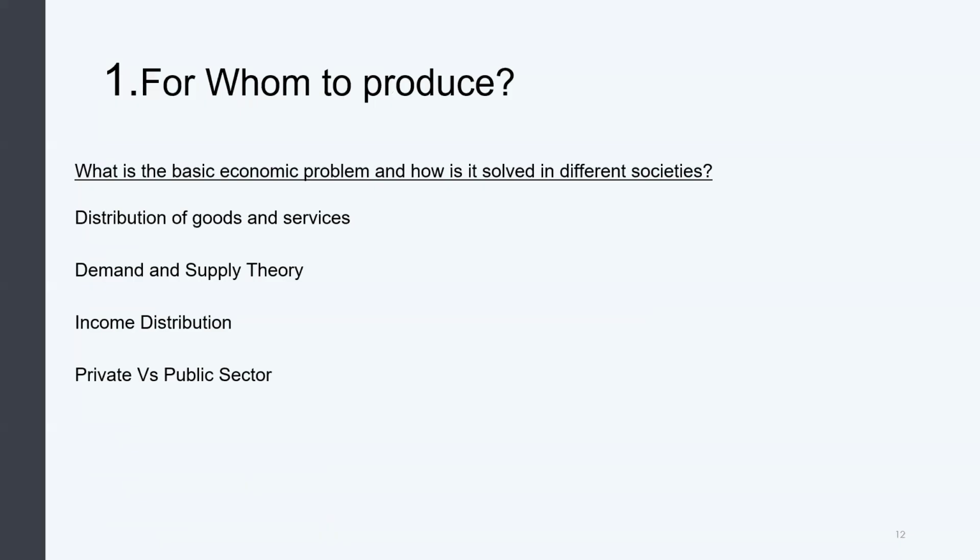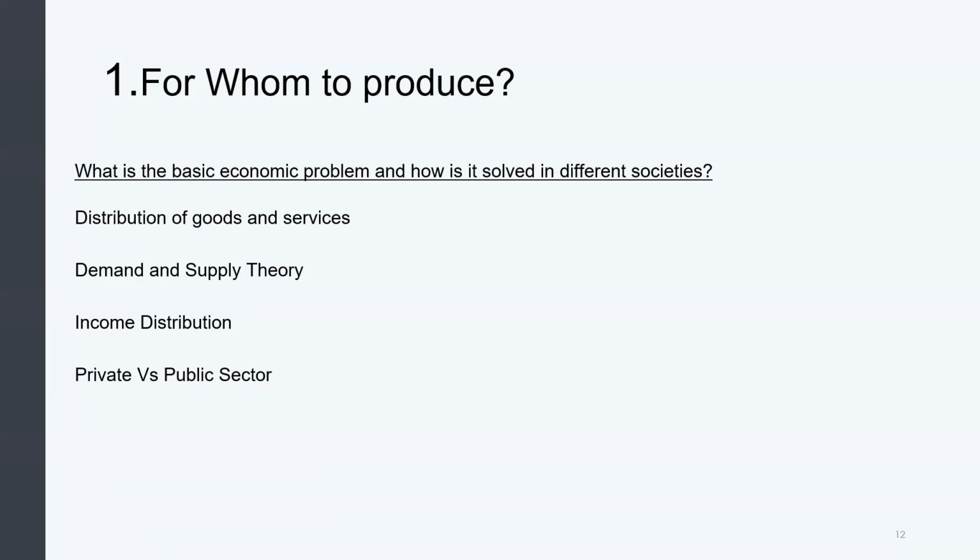For whom to produce is this: now we have 23 million tons of potatoes in our warehouses. How do we distribute these potatoes to the people? Do we say, hey, stand in a line, each of you is going to get 10 bags of potatoes? Or do we put them in a shop and put a price?